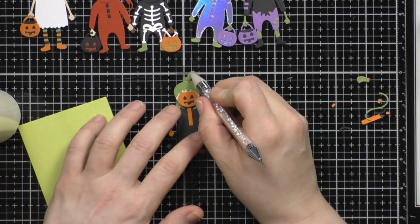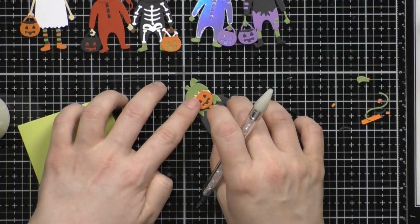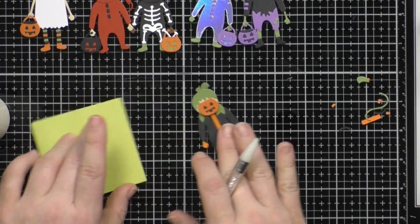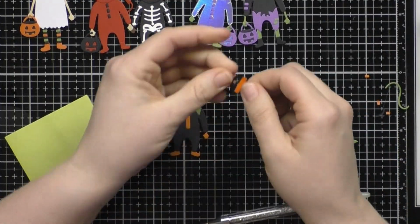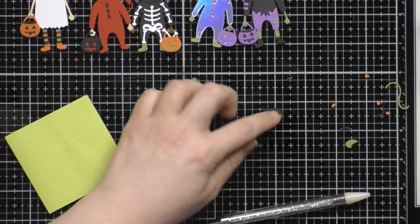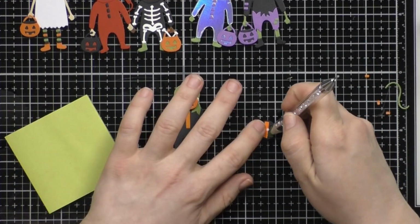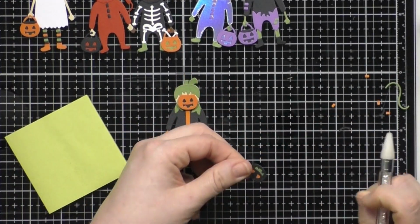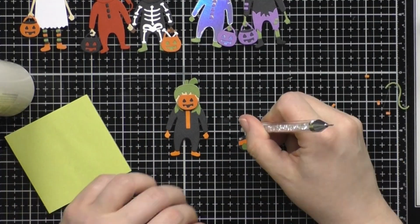And then I put that, which is actually the piece that's supposed to be the long legs that we used on the ghost and on Frankenstein, down the middle and made her look like she had kind of a zipper on her costume. And then I wanted to show this being put together one more time, just to show you that you don't have to do all one color in the back